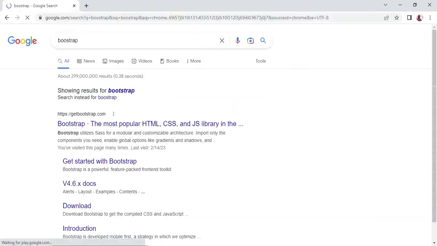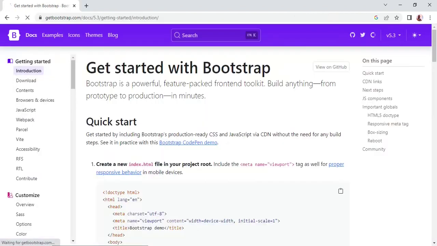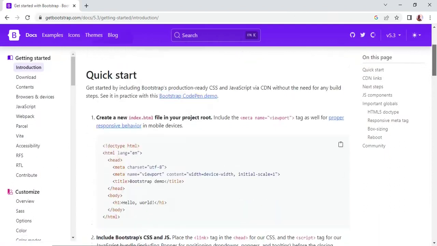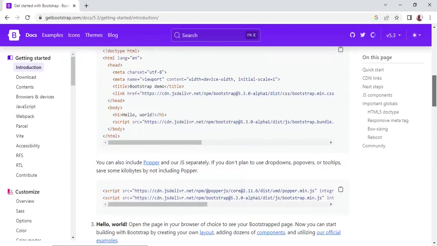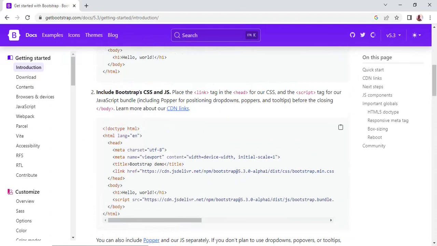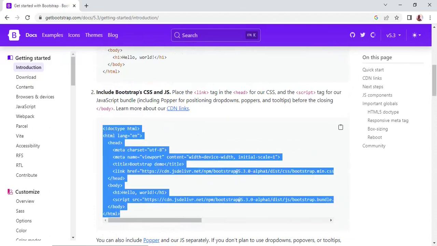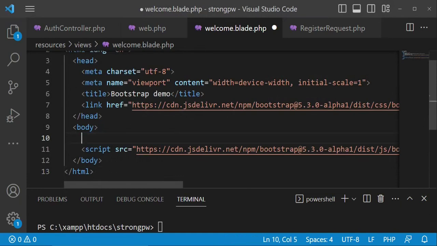We go to that web page, and then here you go to documentation. Just want to copy the starter template, the one that has, yes, I think this one is good enough. This one that has Bootstrap and CSS. So you copy this one and paste it here. After that, I will remove whatever we have in the body and just the first line that says hello world,